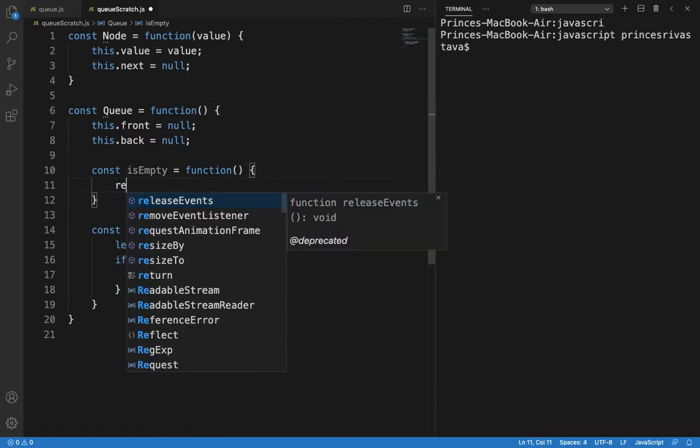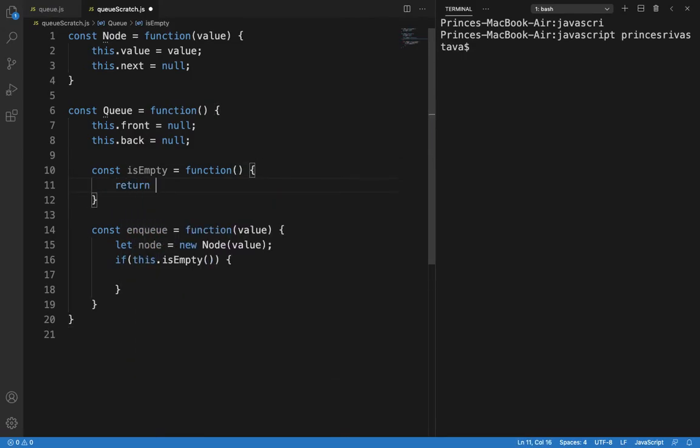So it will return a boolean value, and that will be: if the front does not exist, if the front is null, then our queue is empty. Okay, so we are going to use it here.